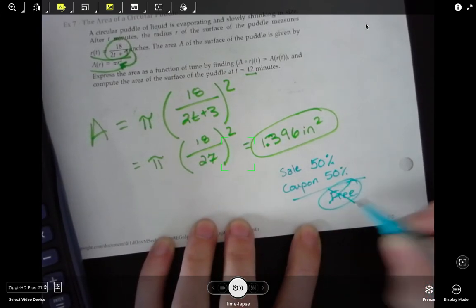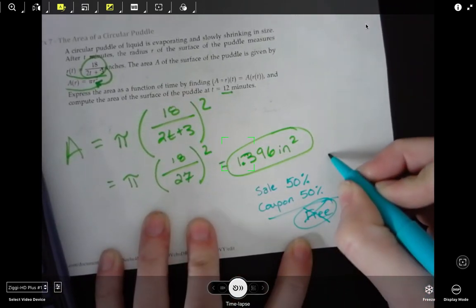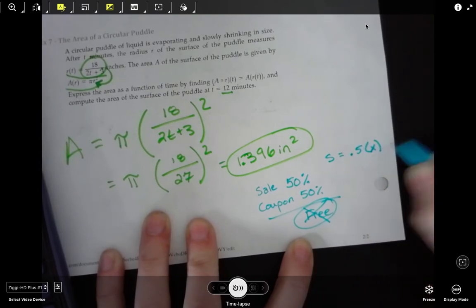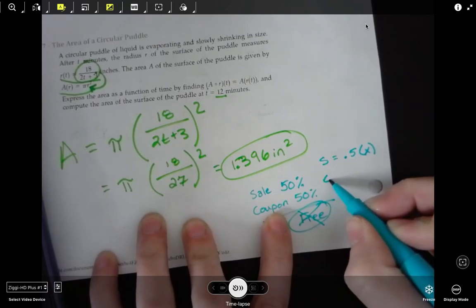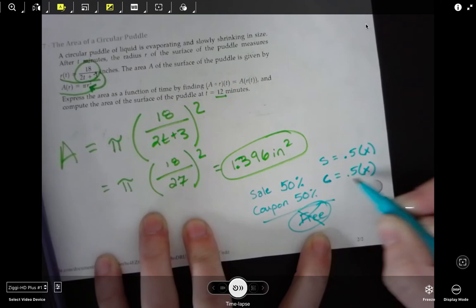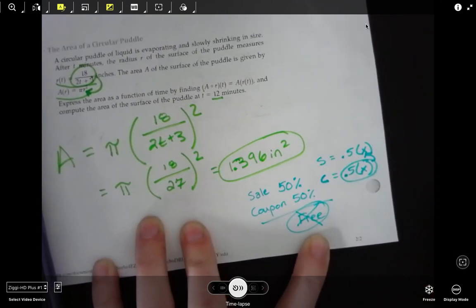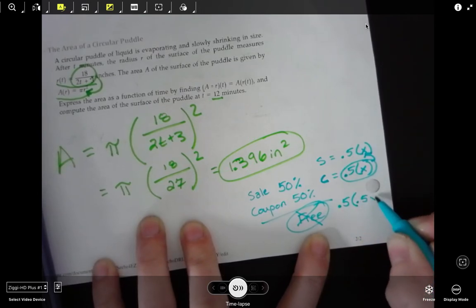It's not free. Basically, the first function, the sale, is 0.5 times whatever that value is. And the coupon is another 50% off times x. So you're basically embedding this coupon inside of the sale price already, which makes it look like 0.5 times 0.5x,